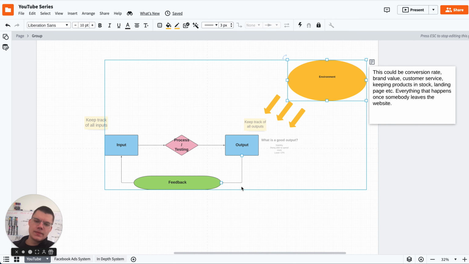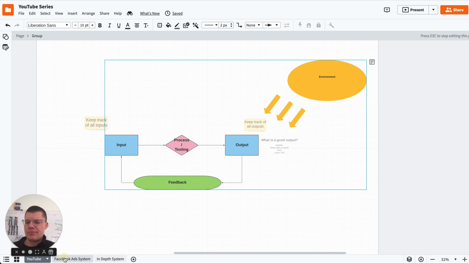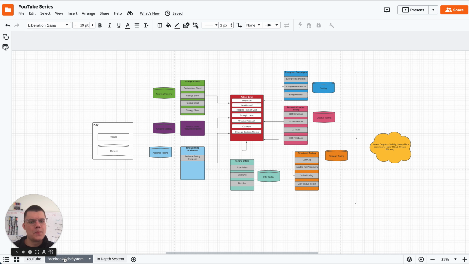And obviously this is very vague, so I've built a mid-level overview of the Facebook ad system that we use. So the outputs are still the same: stability, being able to spend more, higher ROAS, greater efficiency, lower CPA, all that kind of stuff that a client might want. And then we have different elements that come into play, right? We have scaling, we have strategic testing, we have creative testing, we have offer testing, and probably the most important